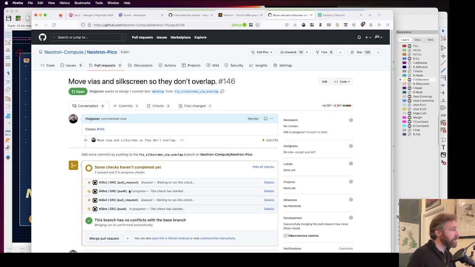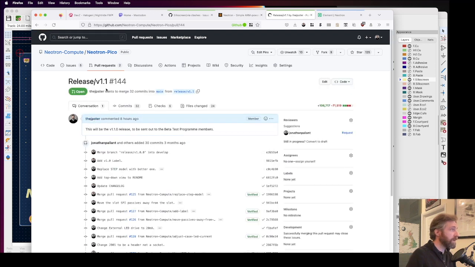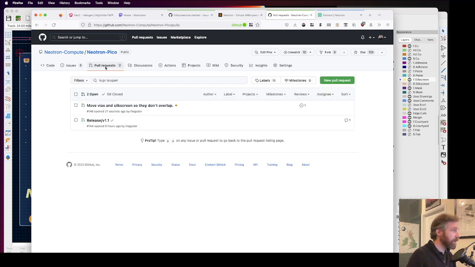And then as soon as the DRC and the ERC checks have passed and the build has run and it's not found any errors, then I'm going to come along and hit merge. Once that's merged, I will then rebase this release branch, and we are probably going to do a second release candidate. So that's it. That is a walkthrough of what I do